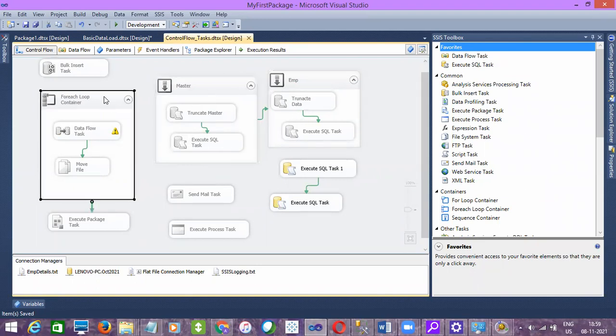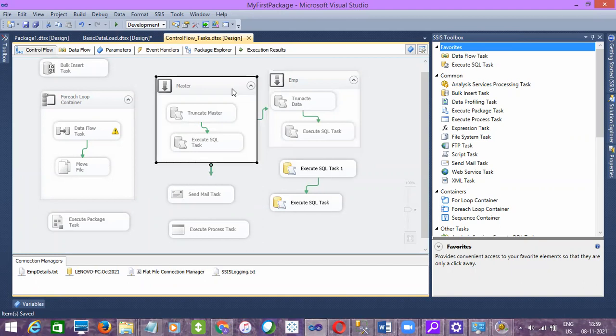See here, this task is parallel, this one is parallel, this one is parallel, this one is parallel, but these two containers are sequential, and these two are also sequential, right? So if you are running tasks or containers sequentially, try to check the dependency between these two containers. If there is no dependency between these two containers, run them parallelly so that you can save a lot of time.